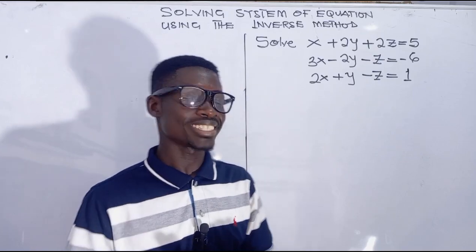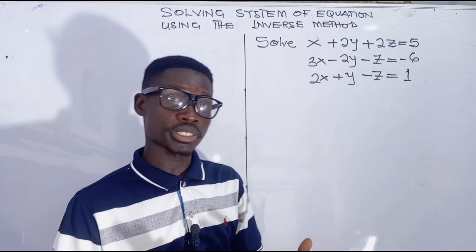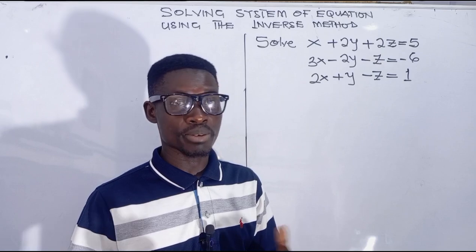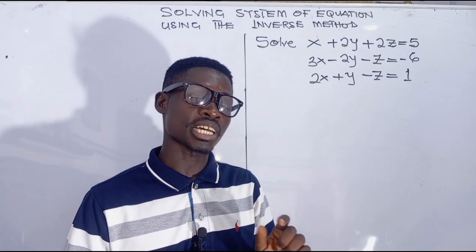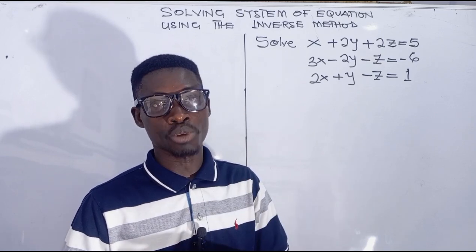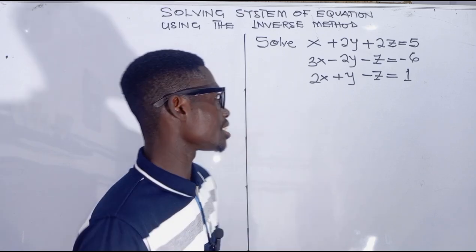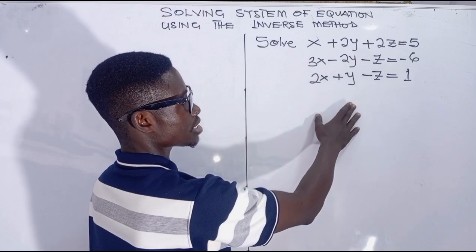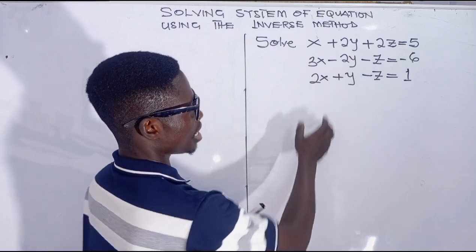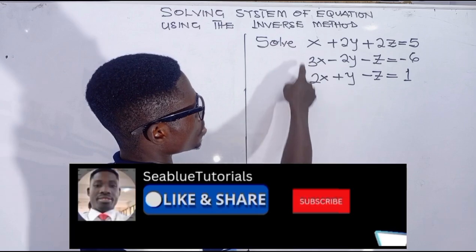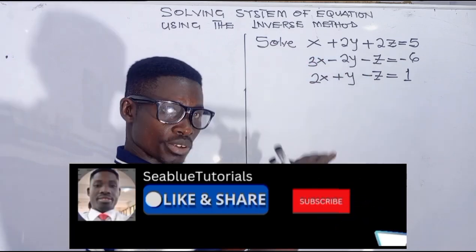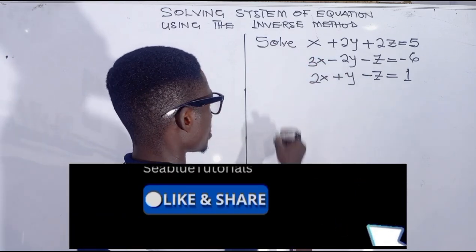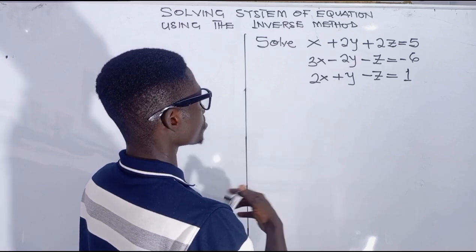So how do we solve these three system of equation using the inverse method? Remember, we are going to follow the same approach that is used to solve two system of equation. So in doing that, the first thing that we are supposed to do is to write the matrix equation for these three system of equation. And in writing the matrix equation, we are just going to pick the coefficient of these variables to put them in a bracket. So we are going to have